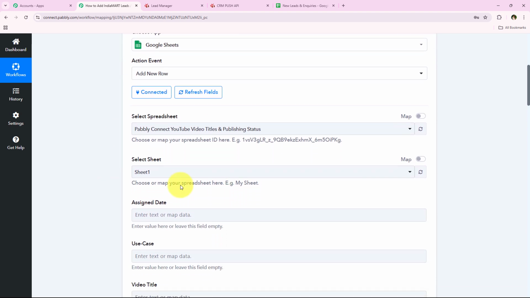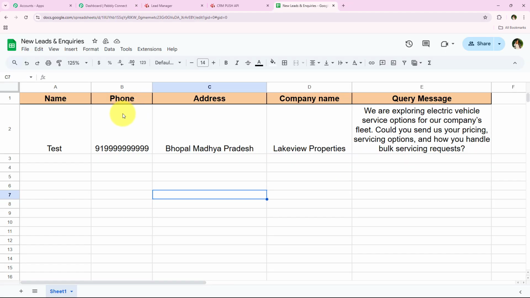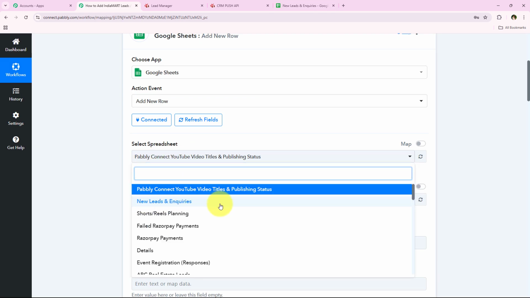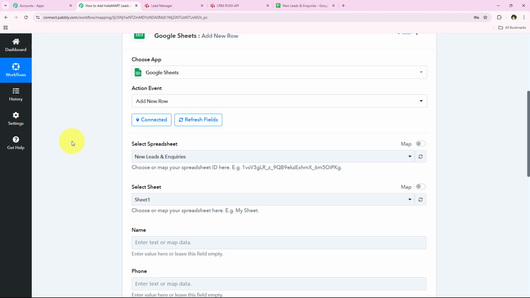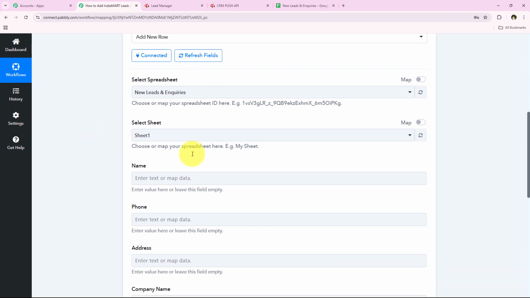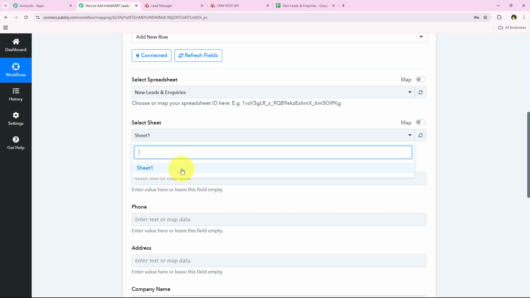And now it is asking me to select the spreadsheet and the sheet. So here you can see that I want to create this automation for this spreadsheet, which is new leads and inquiries. Okay, so I'm just going to select the same right over here, which is new leads and inquiries. You have to select your desired spreadsheet for which you want to create this automation. And now it is asking me to select the sheet. So for the sheet, we are going to select it as sheet 1 only,